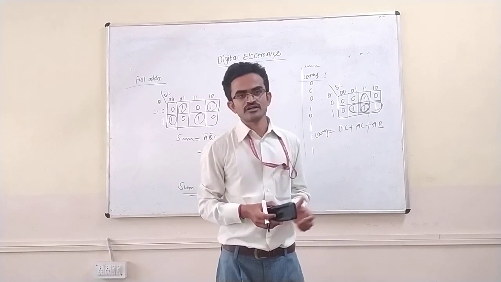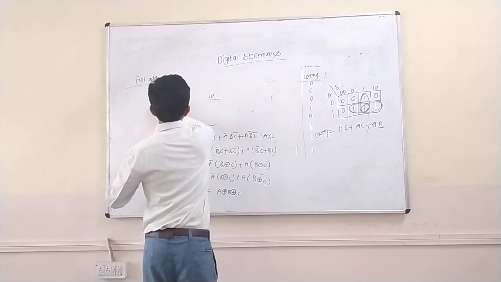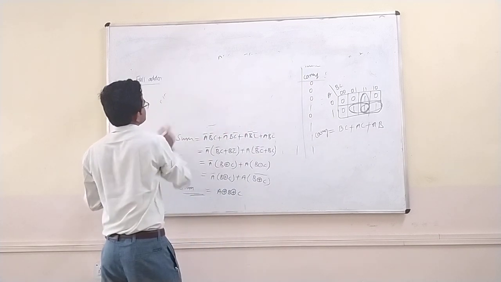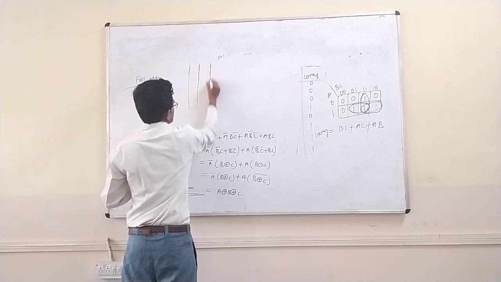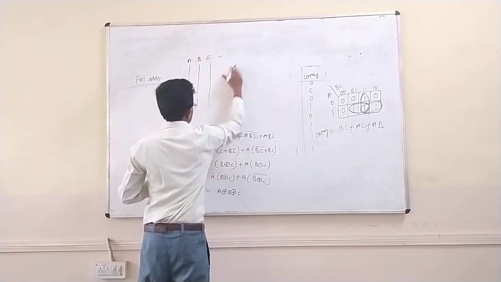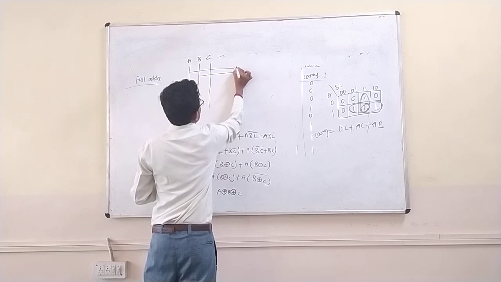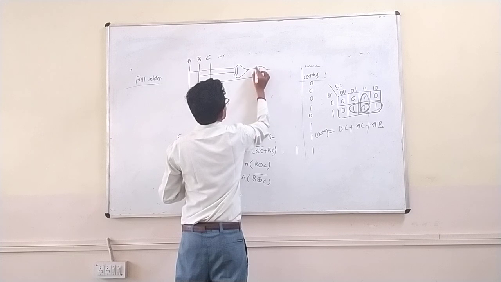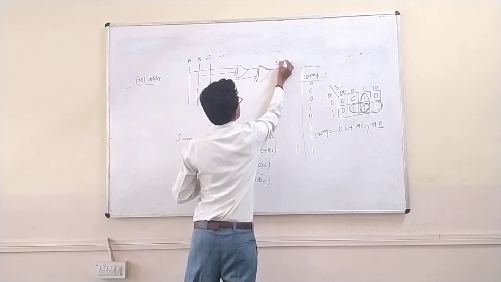So with the help of these logical expressions, we need to write the logic diagram. See here, A, B, C. These are the three inputs, A, B, C. Now A XOR B XOR C. Consider this is A, B, A XOR B, and XOR C. So this is the sum expression.